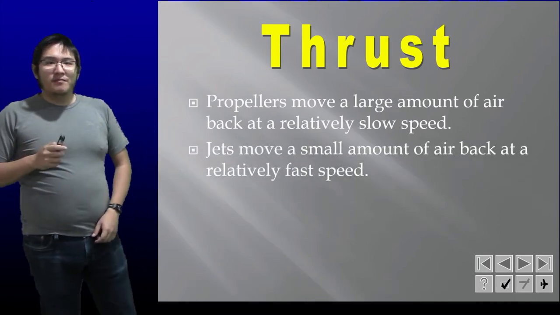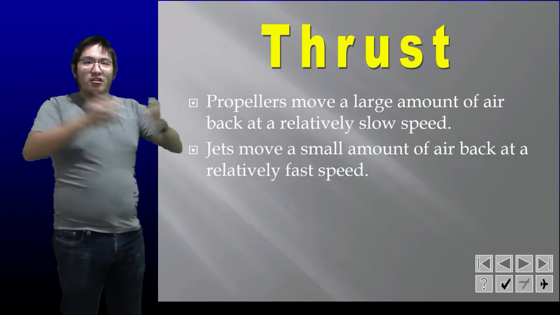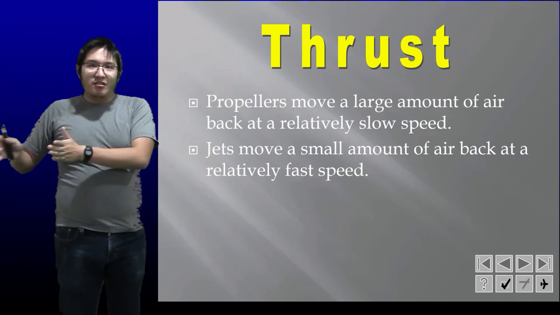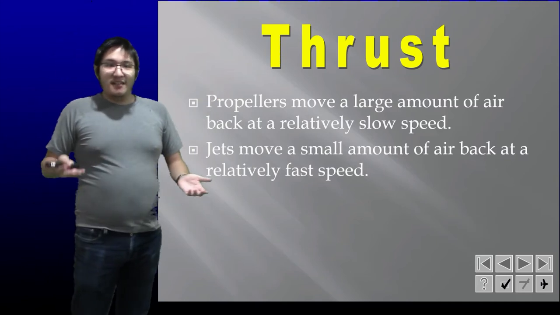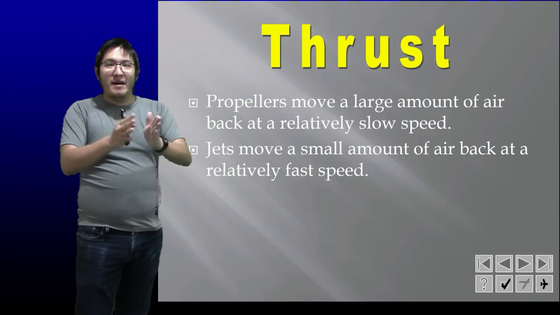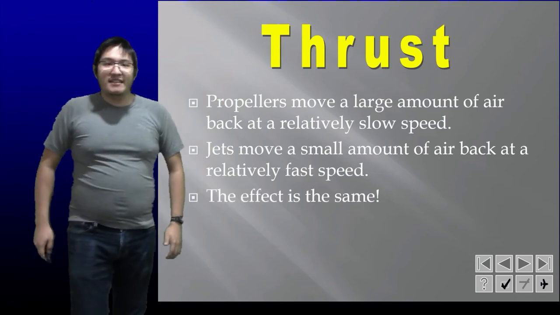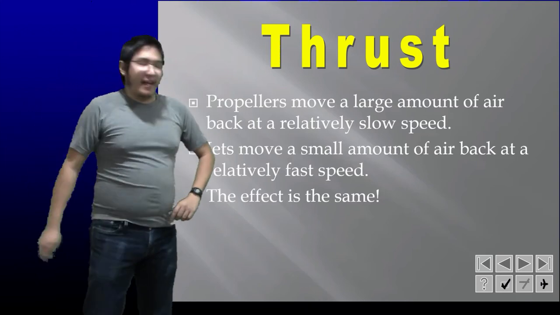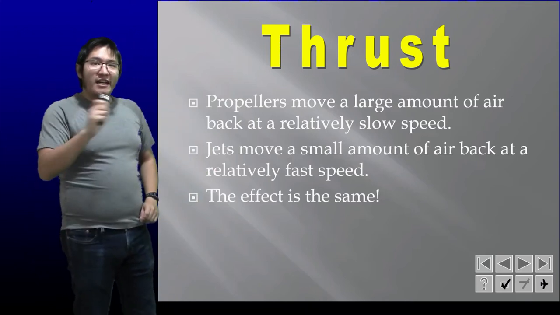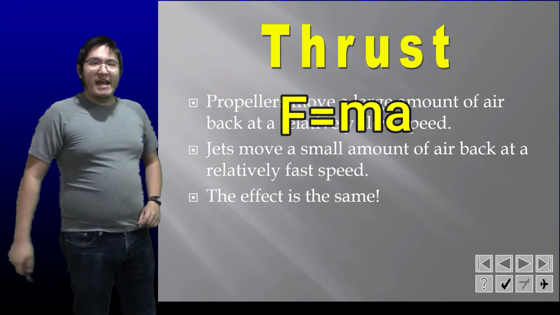Propellers usually work by moving a large amount of air at a very slow speed, whereas jet engines move a small amount of air back at a relatively fast speed. The thing to know is the effect is the same. And here's why. If we look at Newton's second law of motion, F equals ma,